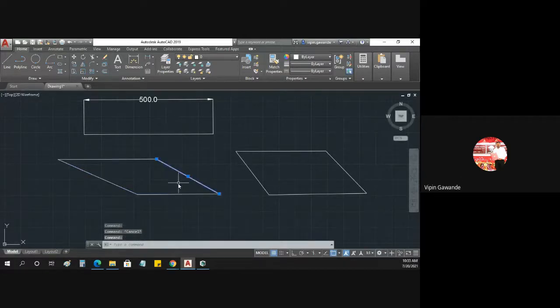Okay, all the lines are separate entities. This one is first, this one is second, this one is third, this one is fourth. So all four lines are different. But if you click on the polyline, the drawing of the polyline, it is a complete entity. So in one click, it selects all four lines. But when you click here, it selects only one line.